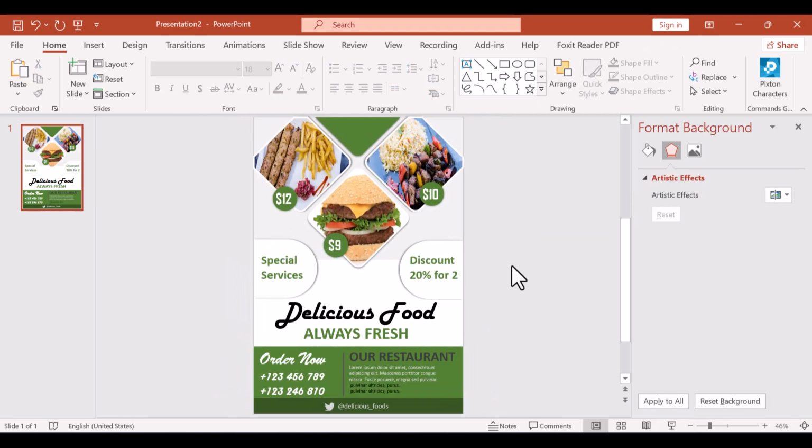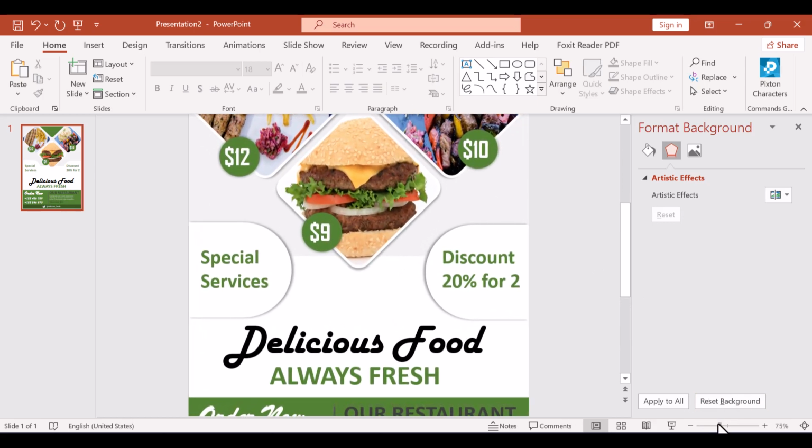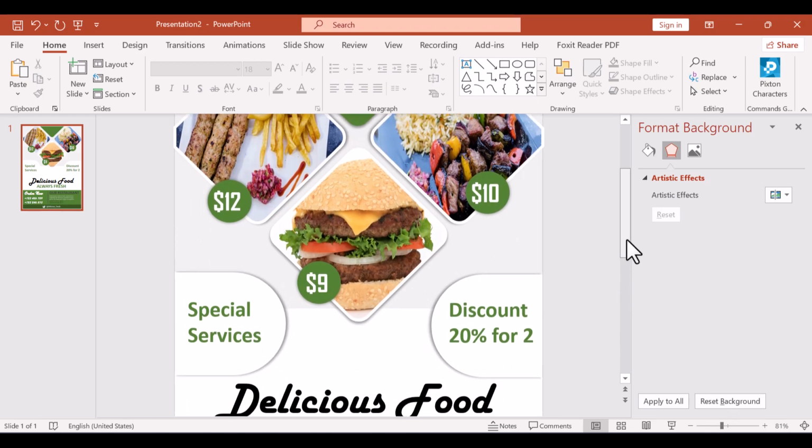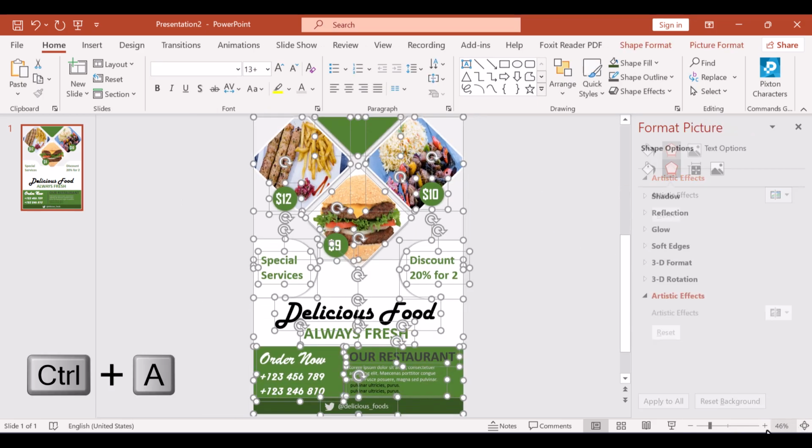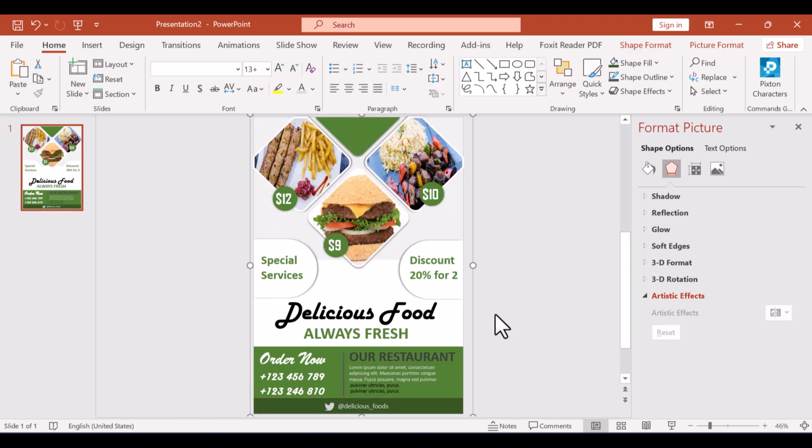Now we are almost done, but when I zoom into the top, this is not what we expect, so we need to take that off. To do that, I zoom out, press Ctrl A to select every feature here, and then Ctrl G to group them all. Now that it's grouped, I'll press Ctrl C to copy,